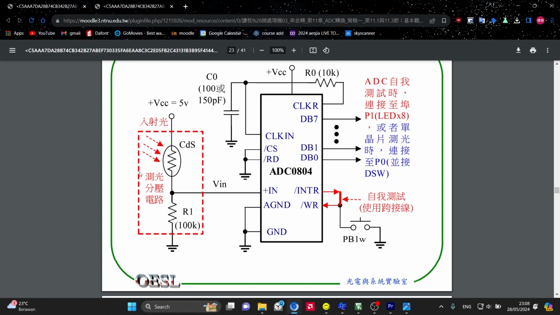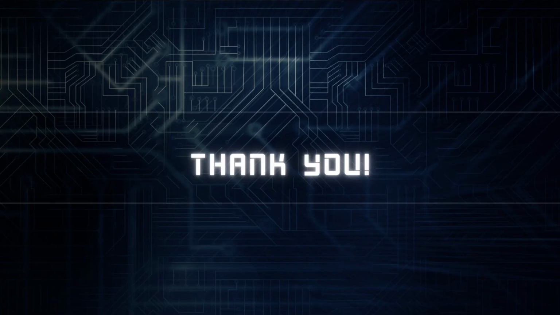If the light sensor has enough light, it will project a higher number on the output, and if it has a low light level, it will project a low number on the computer. That's all for my final presentation.